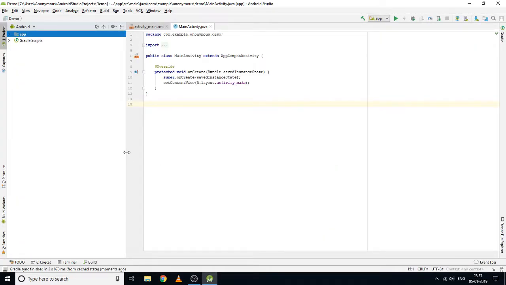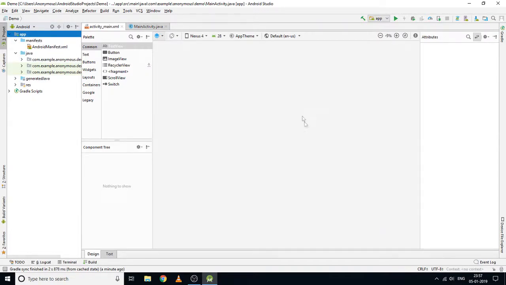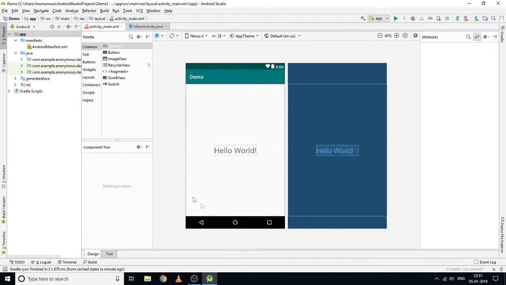So here is the application that I have created. This is just a demo application. Here you can see the output. This is how it looks. Now I'm going to run this onto an emulator, so I'm going to click on this play button,